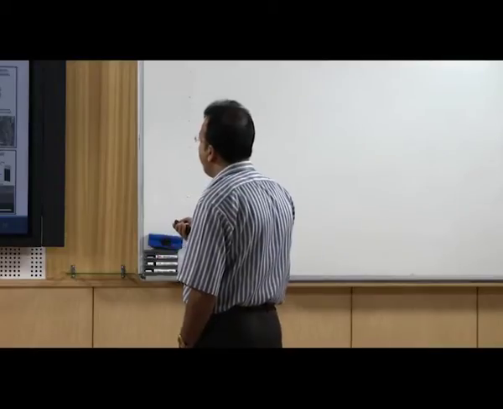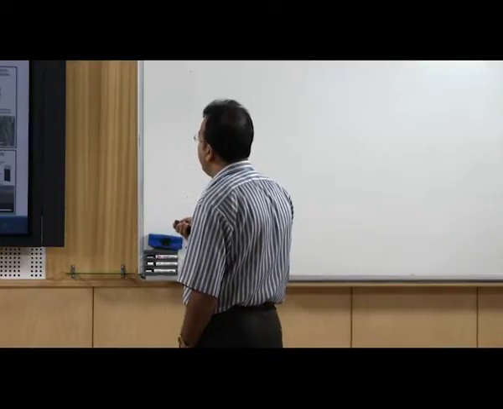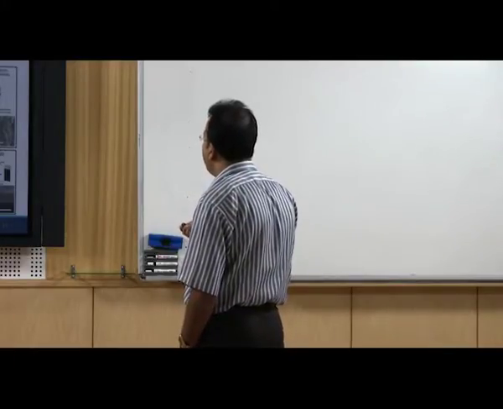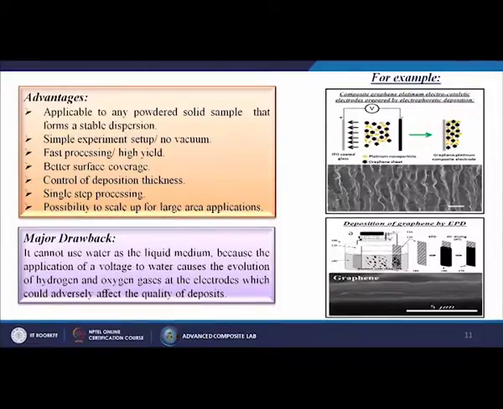There are a few examples of what we make using this process. Composite graphene platinum electrocatalytic electrodes are prepared by electrophoretic deposition. Here we have ITO coated glass substrates, platinum nanoparticles and graphene sheets. They are mixed together and form the graphene platinum composite electrode on the glass substrate itself. Below is also the deposition of graphene by the EPD method.